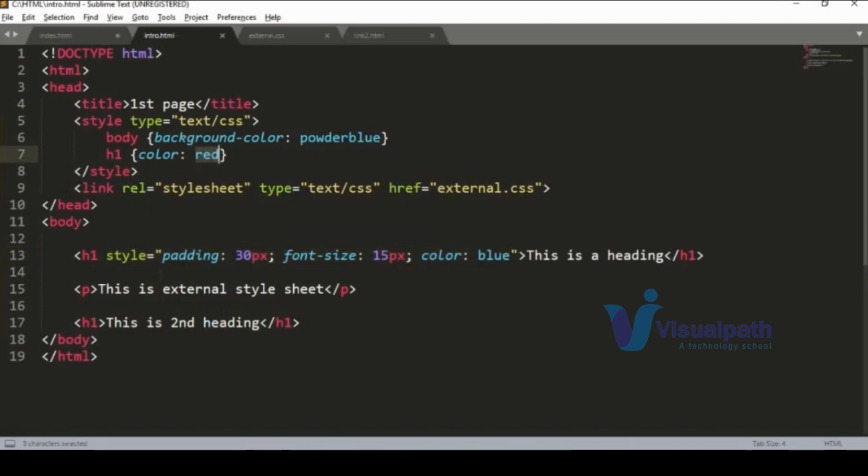Okay, so I hope you got the difference between inline and internal. Inline will just give the property for the tag which it is mentioned with, an inline CSS, and internal will give this color or this property to each and every such tag present in the web page. Now, what's the